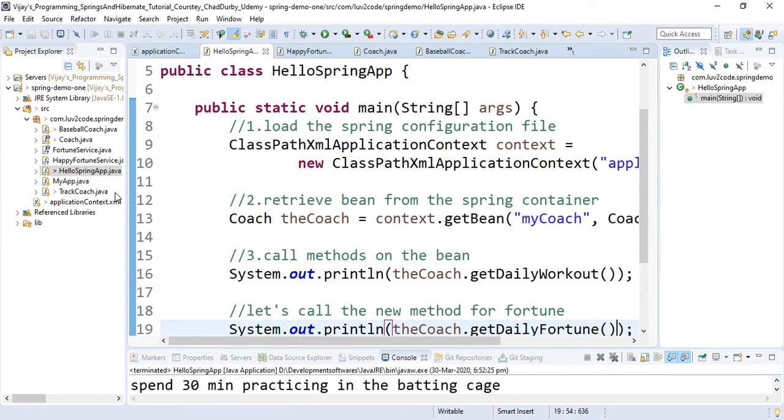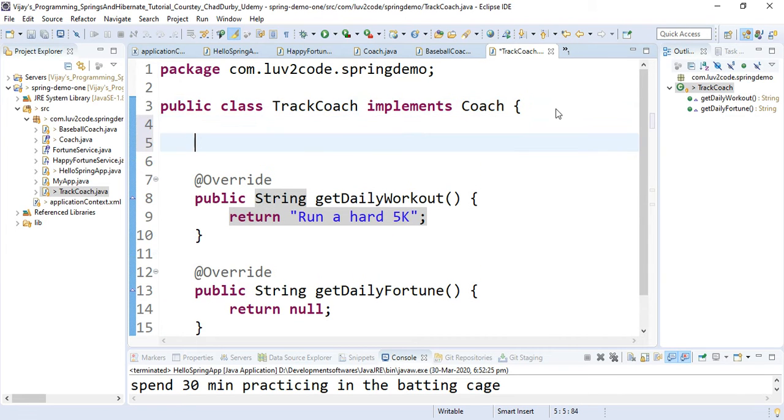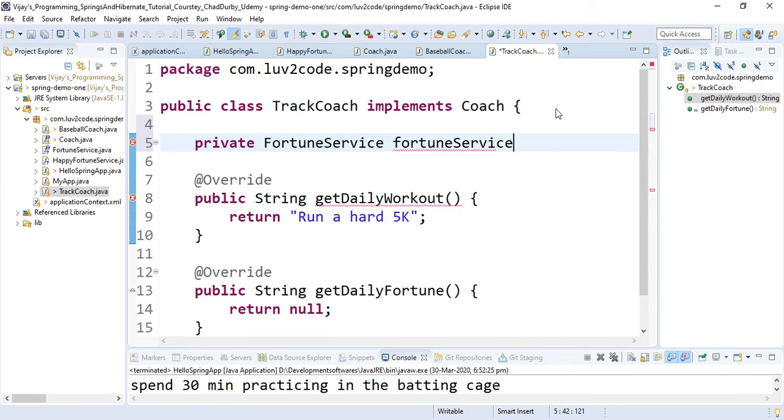How can I do the same for track coach? Instead of using baseball coach, I want to use the track coach. So simple, what we have done in the previous section: define a private field for the dependency. So private FortuneService fortuneService. Now what we are going to do is